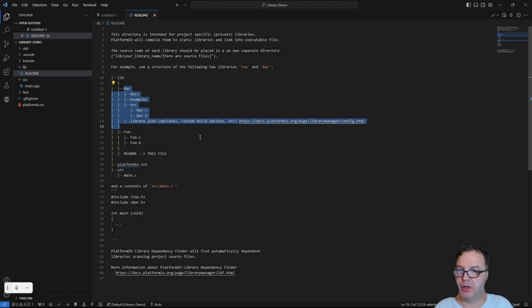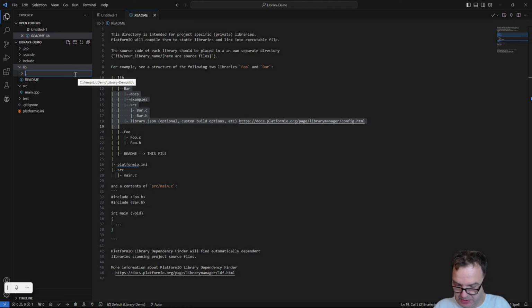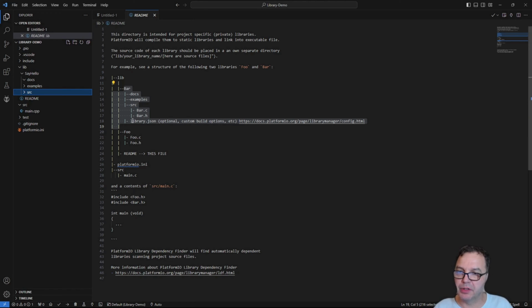So we first should come up with a name for our library and name the parent folder accordingly. So let me create a new folder, and let's say our library is called say hello. And then inside of this folder, we create the structure here. So we create another folder, docs. We create another folder, examples. We create another folder for our source files, src, and later on we also will create this library.json file, which